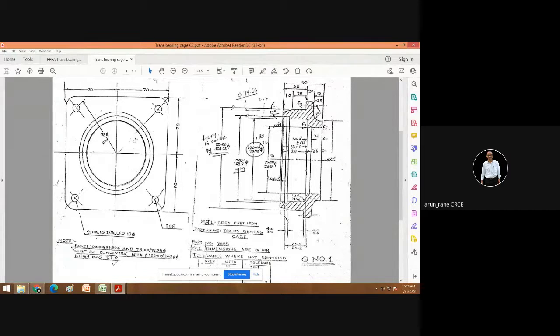You can get the weight directly in the software, but for that you first have to model this component. Once you model it, you can get all the properties like moment of inertia, center of gravity, weight, volume, area.